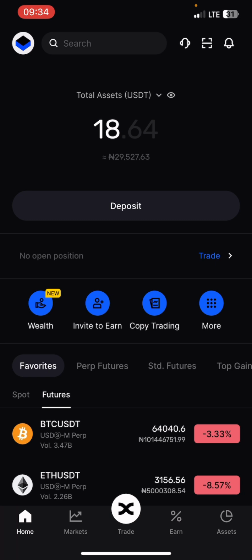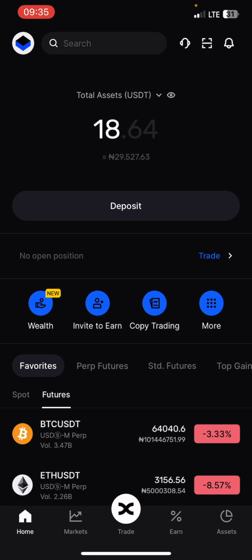But most importantly, I want you to understand that you should treat this as a business. What do I mean? You cannot always get profit all the time, meaning that every single trade will not and can never end in profit. So there are some that can end in losses. Most times the next trade will end in profit. Let's say, for example, we win.